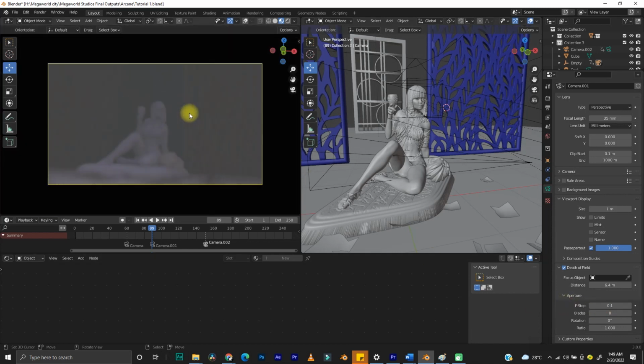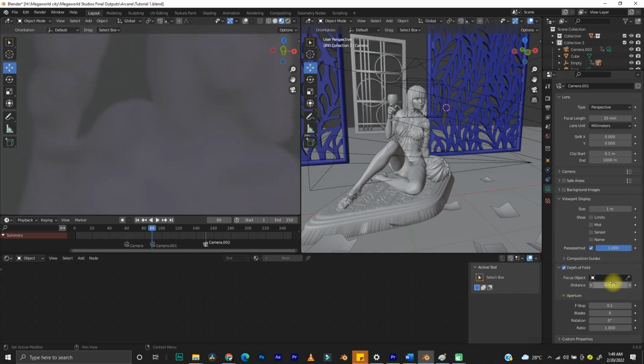So let's decrease and get a focal point of this. Now you can see the focus is, let me wait. Okay, now I see the focus is on the face now, so that's a distance of 4.3